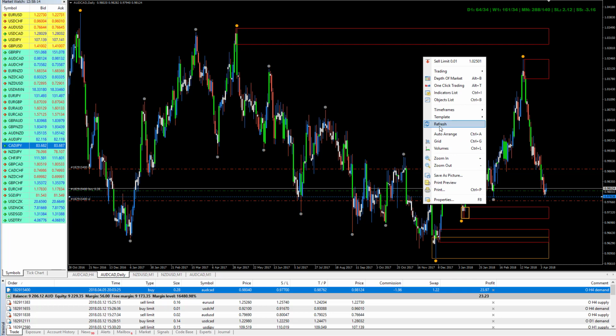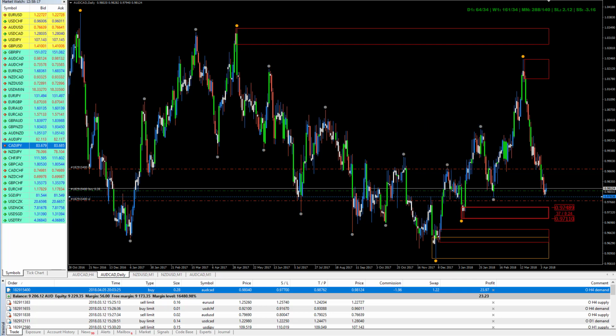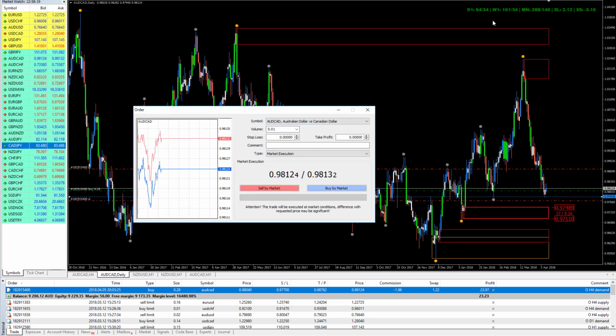So we've got that one in. Refresh. And notice also we're trading in line with these interest rate swaps, which is great. So holding the trades overnight gives us a little bit of swaps. You can see we've started to gather a little bit here. So we are at 0.24